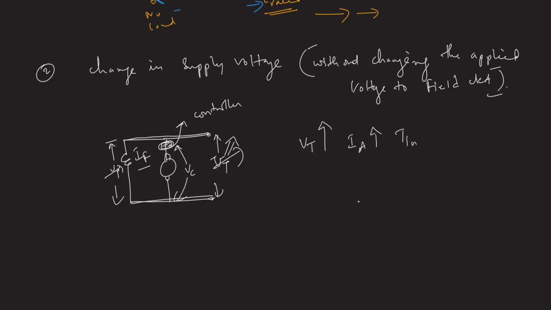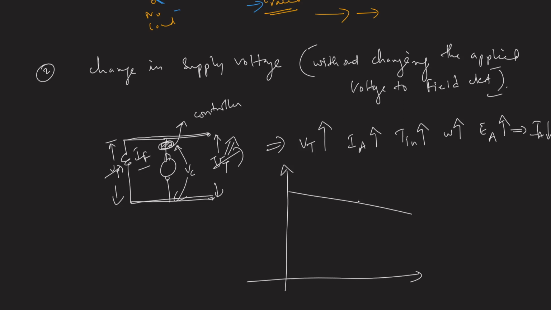Then the torque induced in the machine increases, which increases the speed, and which increases the induced EMF in the machine. And further, slowly a new operating point will come with a reduction in the armature current. So these are the sequences of change in all the other parameters. Now simply I can draw,